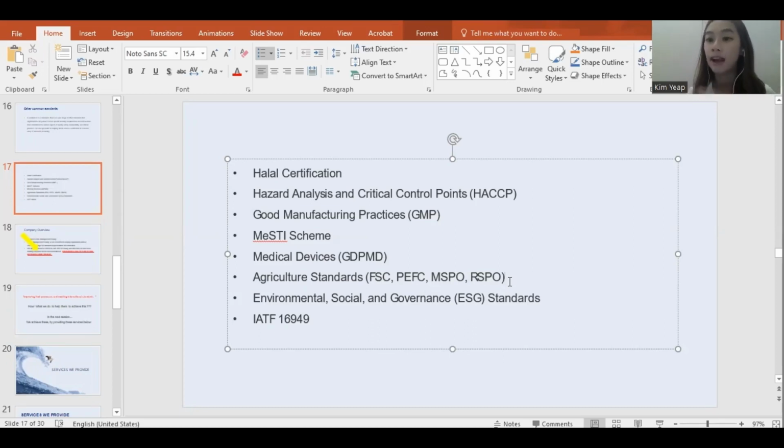This standard covers the environmental aspect. When they are planting, when they have a palm oil plantation, they want to make sure the planting, the harvesting, the way they plant the palm oil is not harming the environment. Okay, if they do not take care, it is going to pollute the environment. They talk about human rights for people. If they were to hire foreigners, people who work in the palm oil plantations, how do they take care of their human rights? So it is actually a very wide standard that takes care of a lot of areas, right?